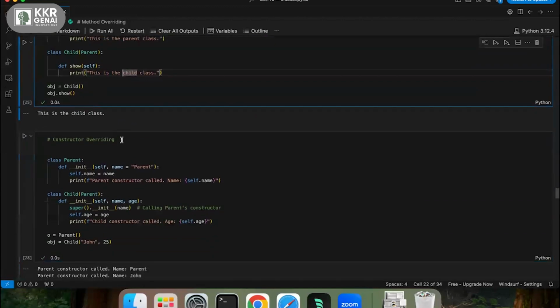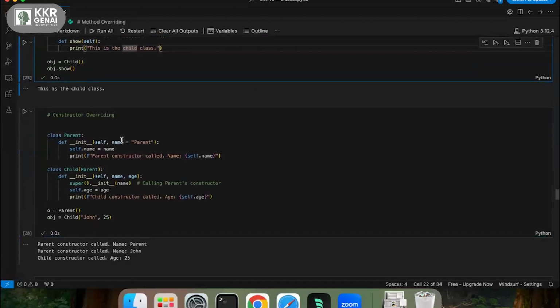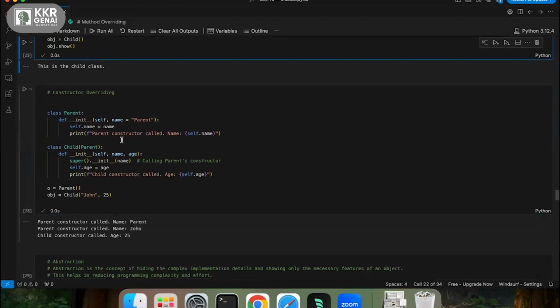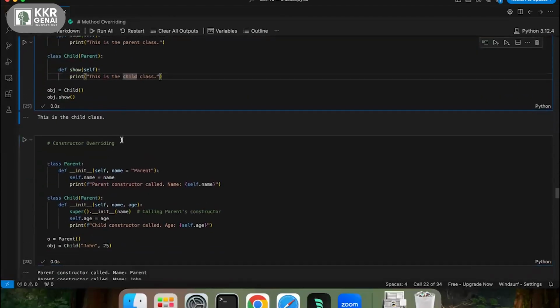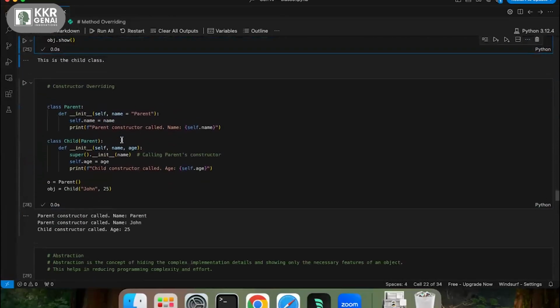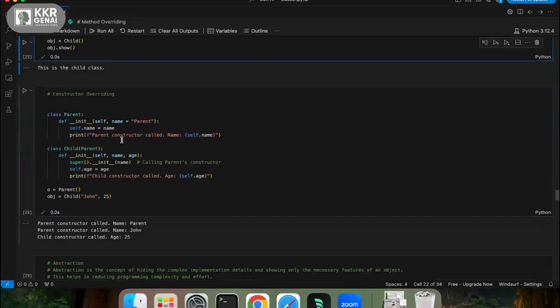And as I said, we can do constructor overloading just like method overloading. Yeah, this is polymorphism. Inheritance is just getting properties from the parent class to the child class. And overriding, polymorphism talks about implementing the same functionality in a different way.